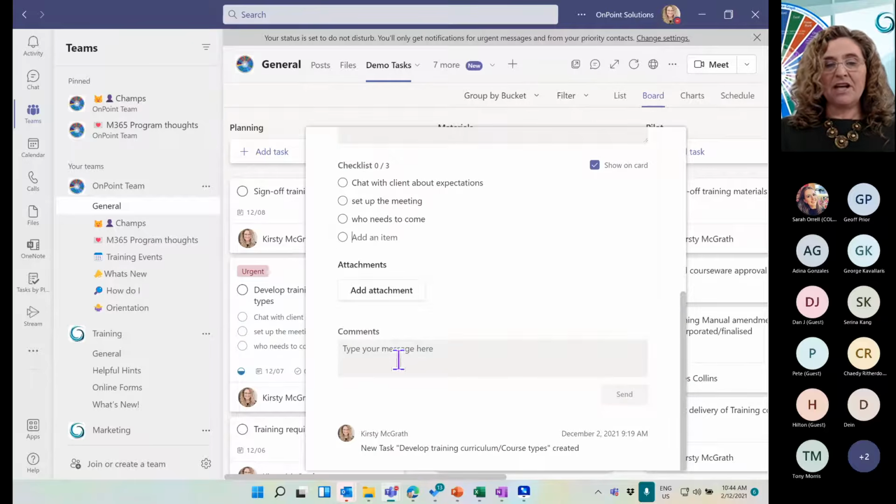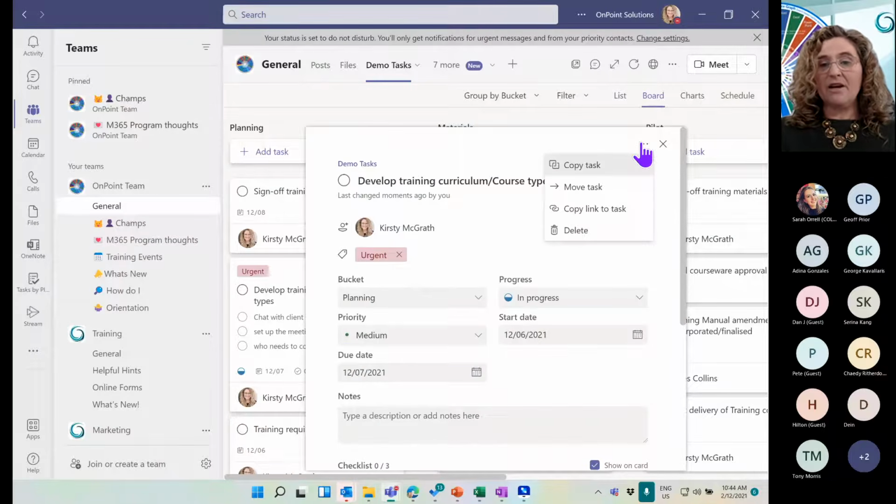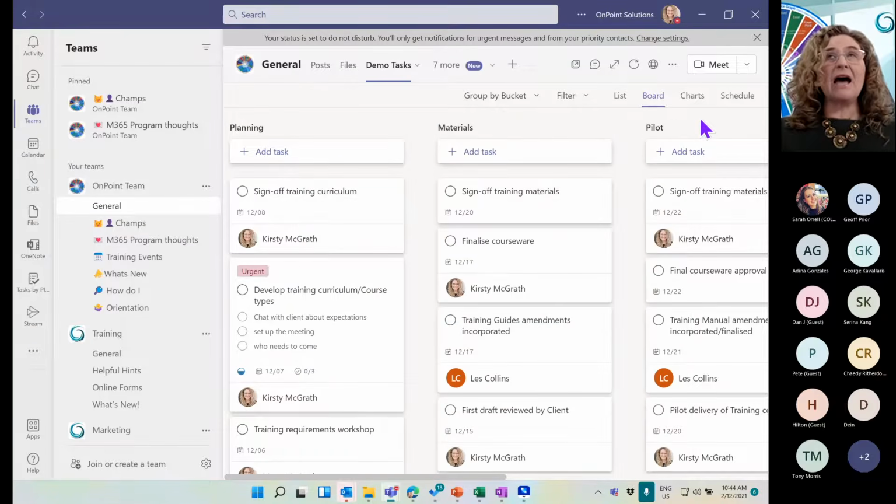Any comments and any attachments. Maybe you've also got to book a room for the event, and it might have a particular document that you need to fill out and you want to put it here for someone else to work with. So this is how I can start to build out my task management. All these tasks can be copied and moved, and you can even copy whole planners so that you can use them as a template again and again on a project. So you don't have to rebuild this or think about it along the way.